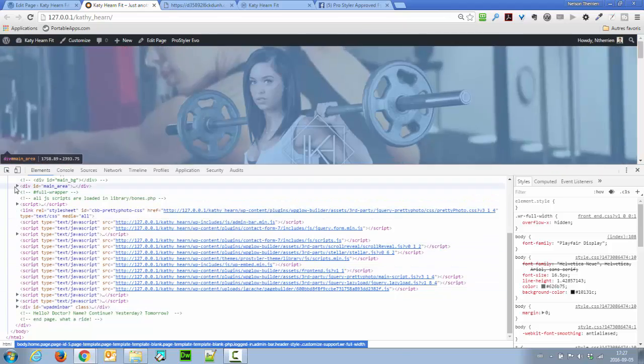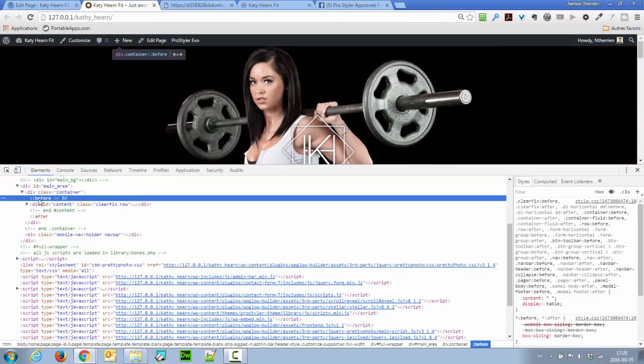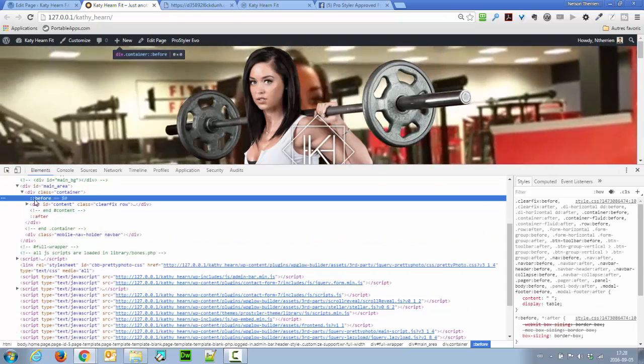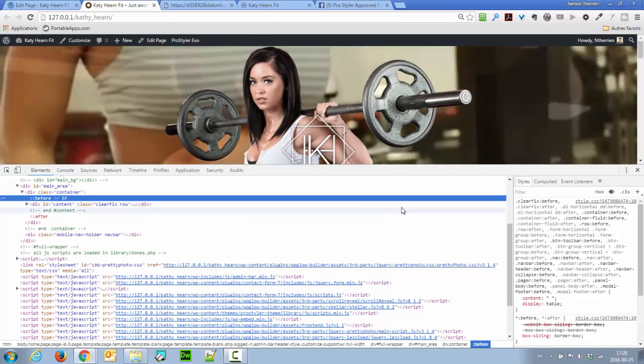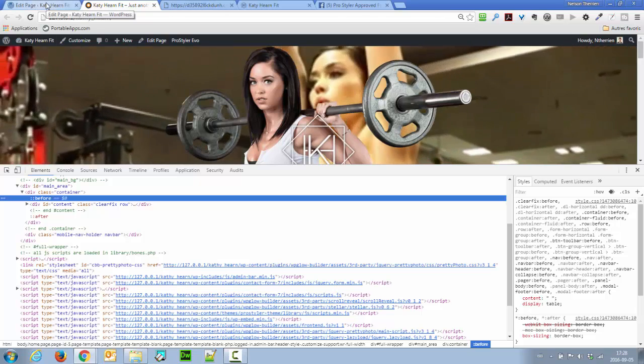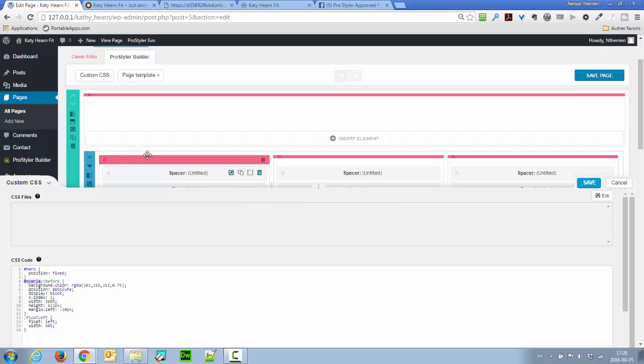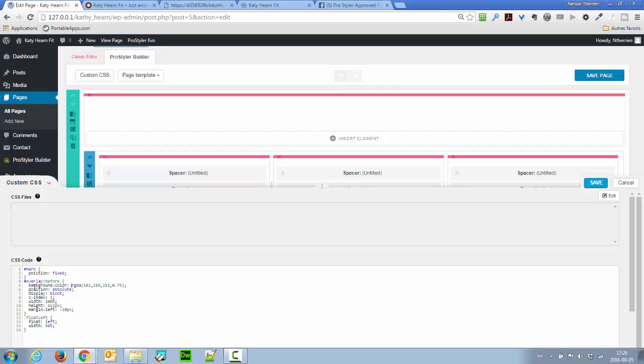I'm trying to go fast here, but you often have those two dots, or two colons, before a class here. So this is what we call the pseudo class. That's what I'm using here to be able to put some content before that overlay. Remember, overlay was the overall row. So by using my ID overlay and the colon before,